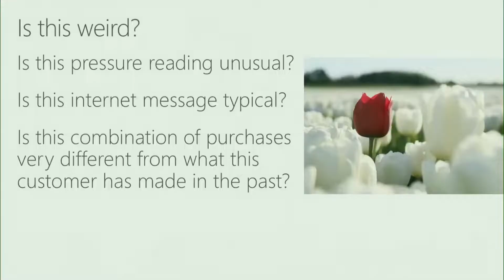The fourth family answers the question, is this data point weird? This is a really common question. When there is a problem, often it's manifested by some kind of weirdness. Something is unusual or unexpected or out of spec. If you're driving in a car and you have pressure sensors in your tires, it would be great to know if there's some kind of really unusual reading in those pressure sensors. There might be a problem.